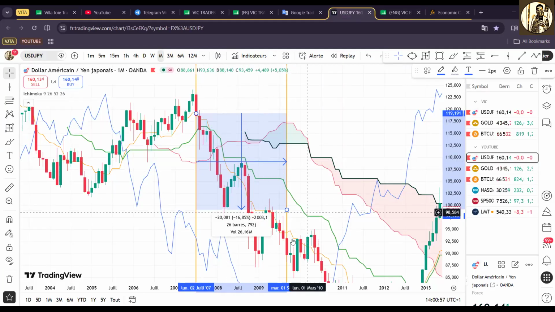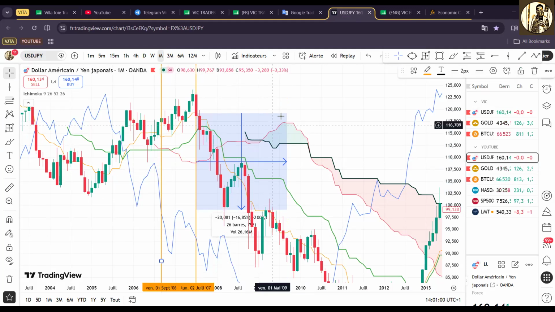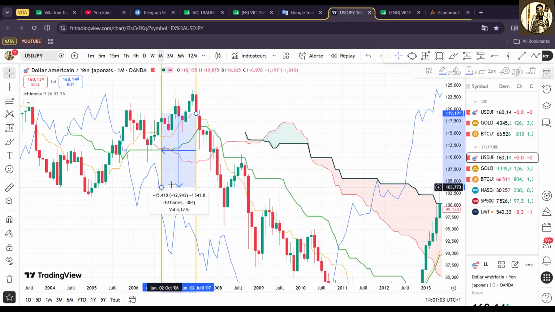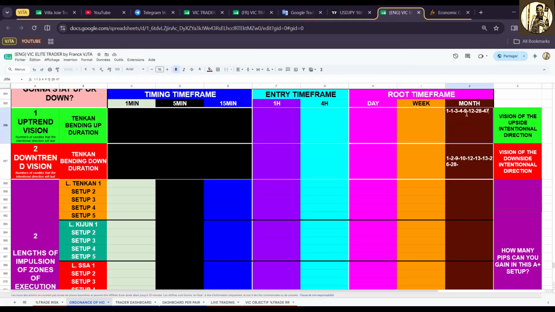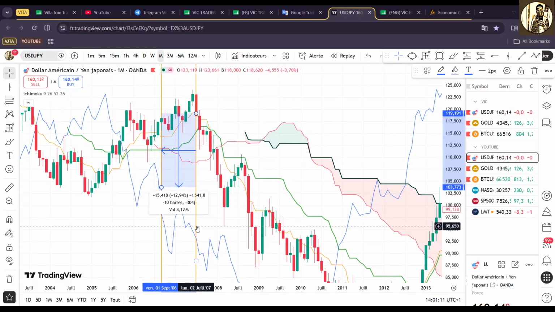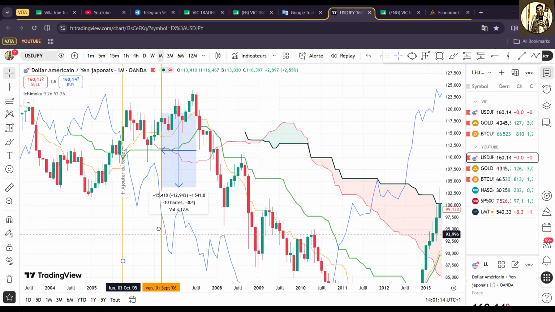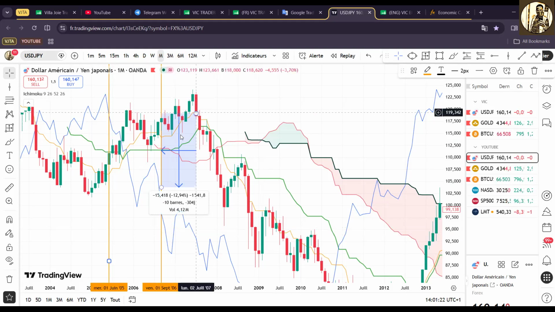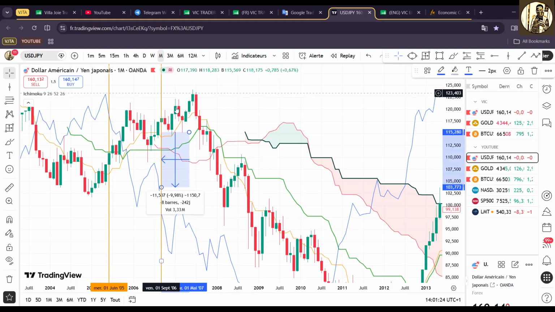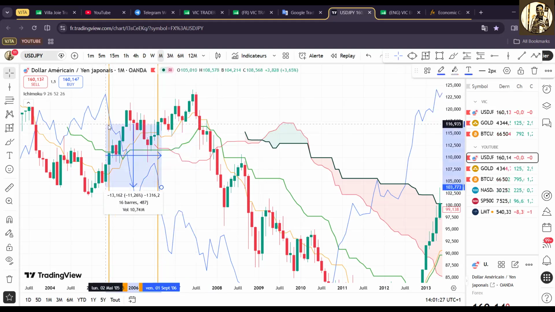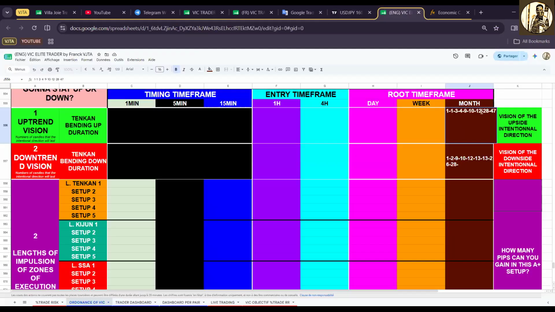This downtrend, and then this uptrend from this point of Tenkan will be 10 bars. This small part is 1 bar, so I will not take it too much into account. So I will just put the bar at this level and have 14 bars for the uptrend. So I'll have 14 here.